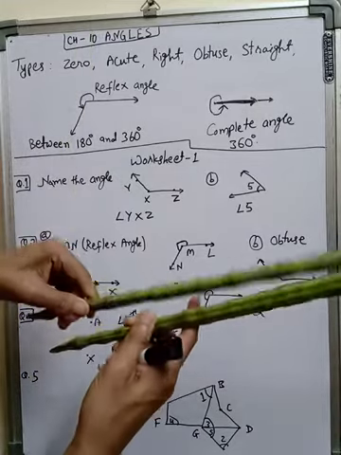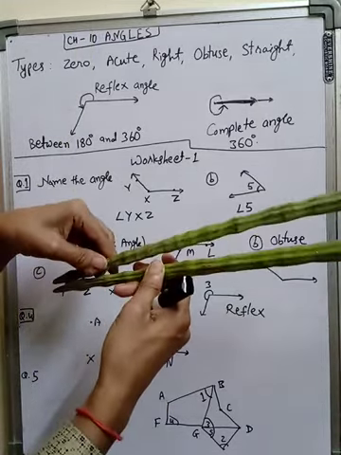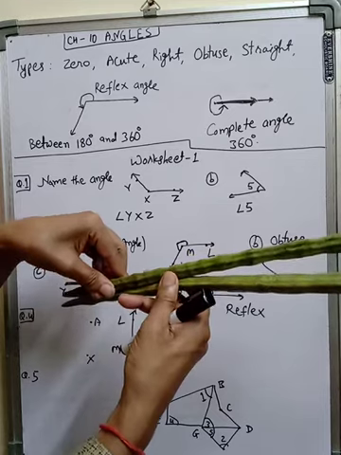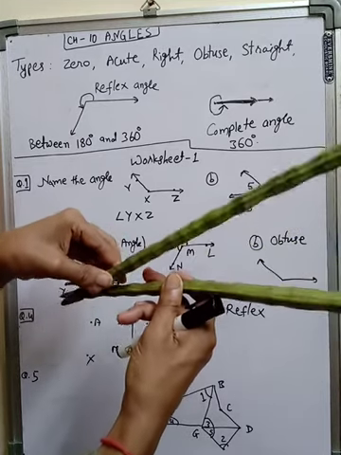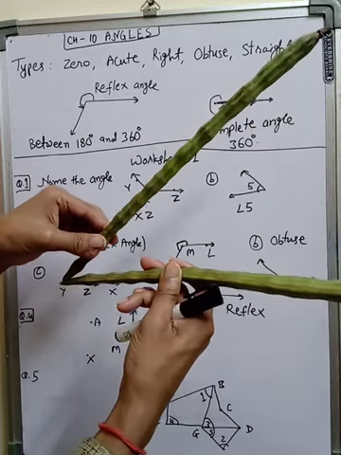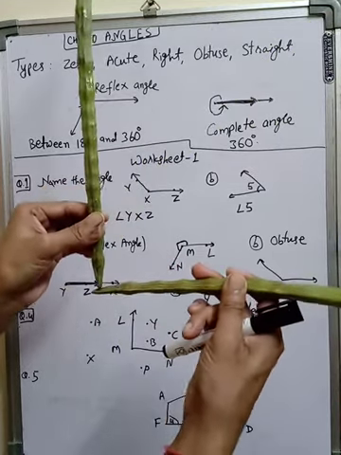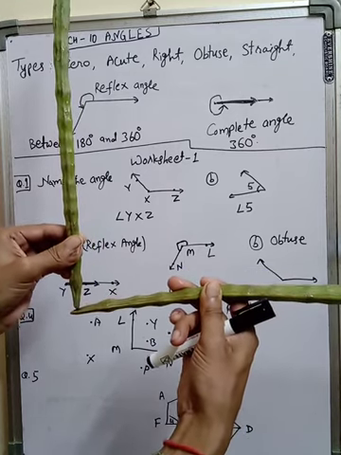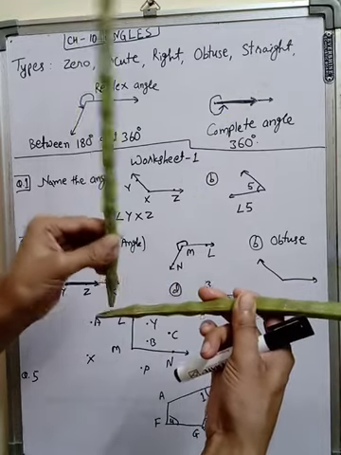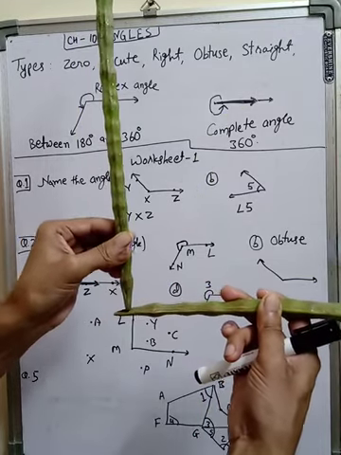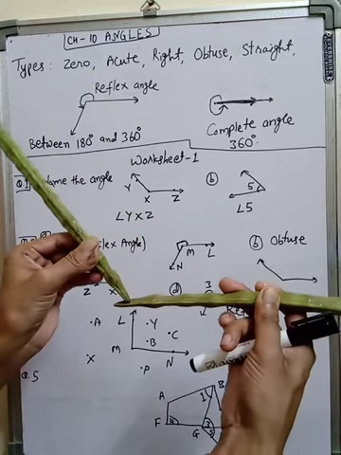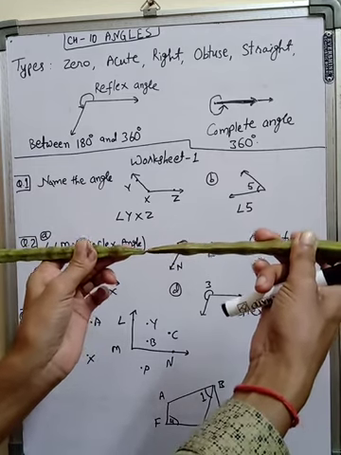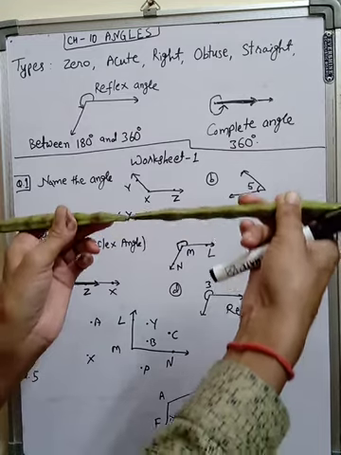See this angle. Yesterday what I showed: when one ray is lying on another line segment, this is zero angle, and when this increases, it is an acute angle. When it is perpendicular to each other, it is a right angle, 90 degrees. When more than 90 degrees, it becomes an obtuse angle, and when both rays are straight, this is called a straight angle. So yesterday we saw up to this.